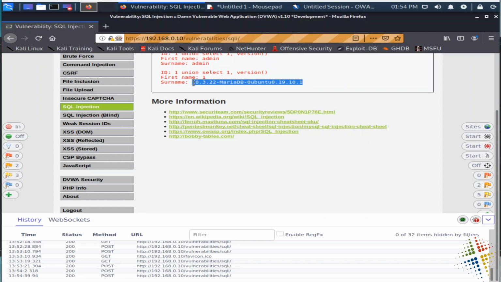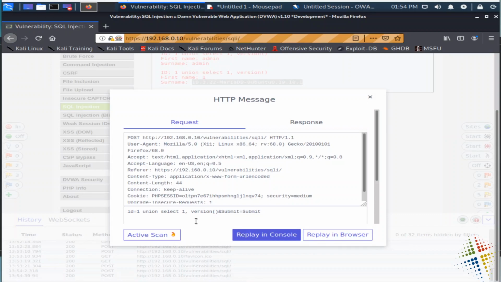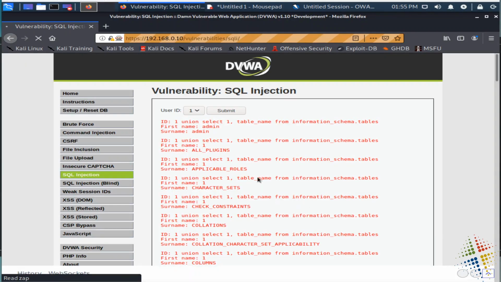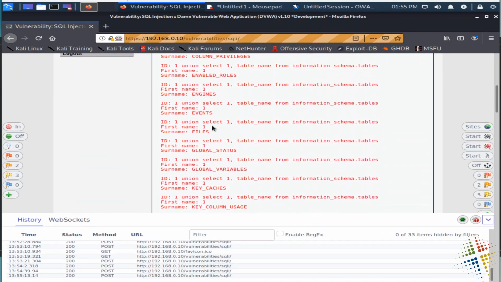Now, if I know a lot of things about the MariaDB, I can then start looking at this and start changing it. Instead of select version, I could have it start telling me table underscore name from information underscore schema dot tables. And that should start telling me back all of the tables that are on this system,